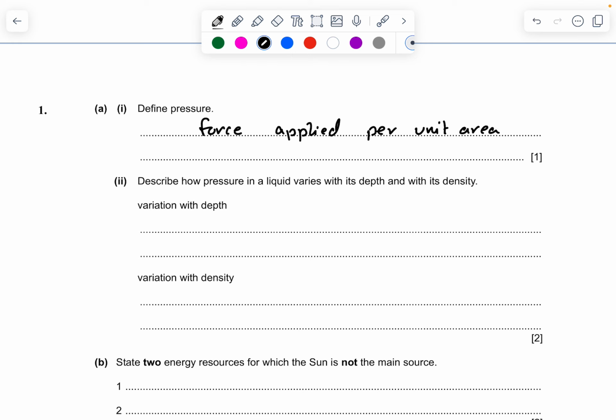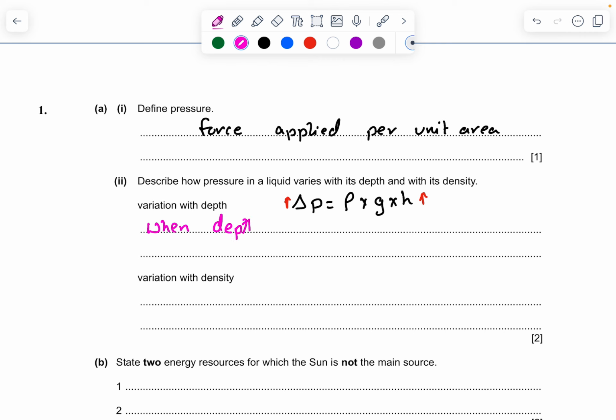Then, describe how pressure in a liquid varies with its depth and with its density. So we know the formula: pressure equals density times acceleration due to gravity times height. So we can see that if the height increases, the pressure also increases. So what I can write is, when the depth increases,